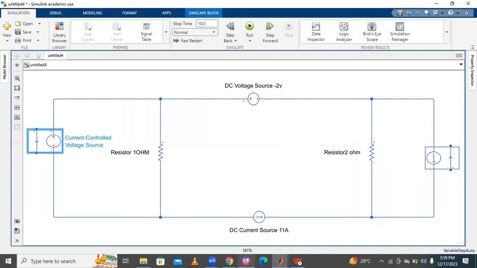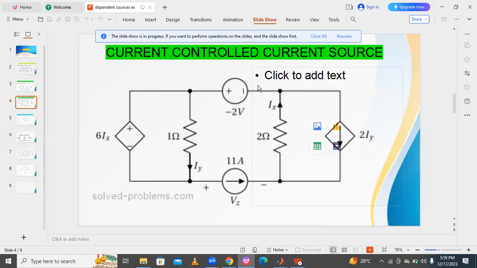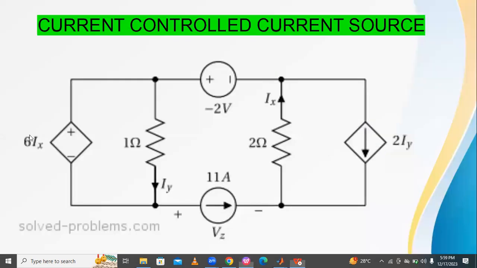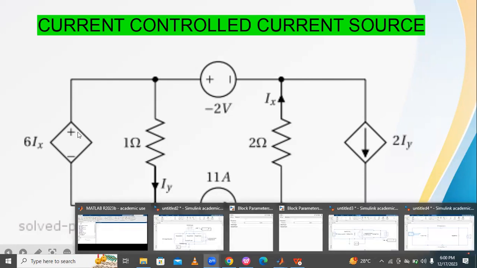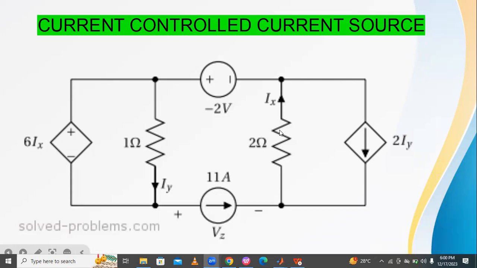These are the two sources depends upon what? 6ix, for example, 6ix. It depends upon the current in this resistor. Upward direction, that's why the current ix is connected in upward direction, across the resistor. This voltage source depends upon current, and current is in upward direction. Okay, so that's why